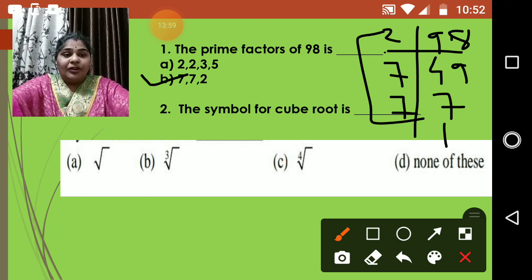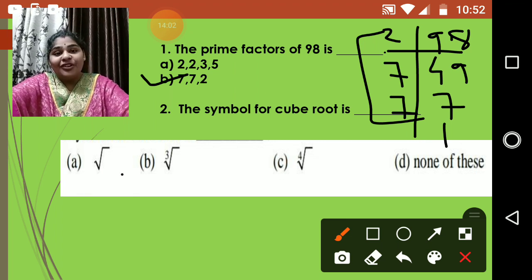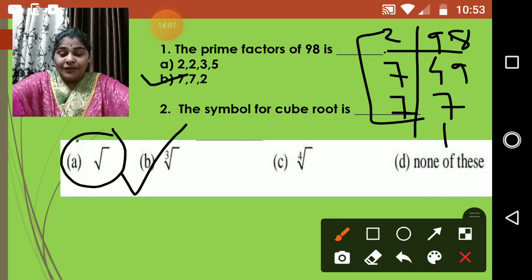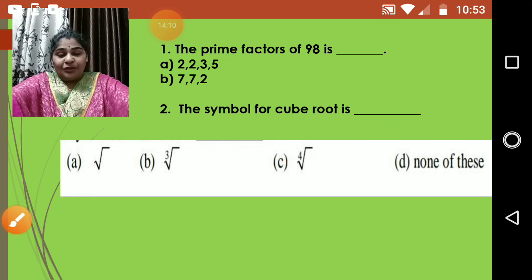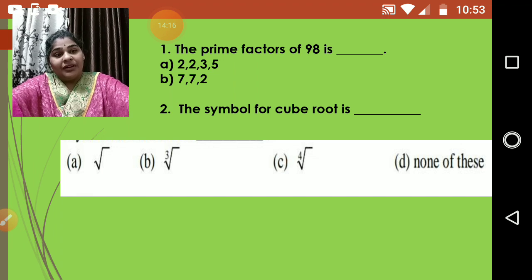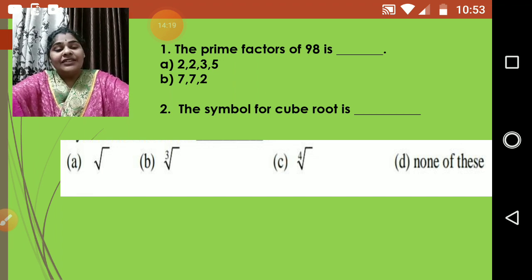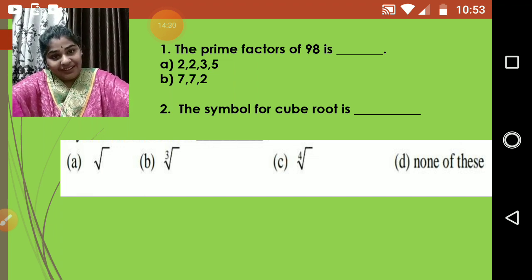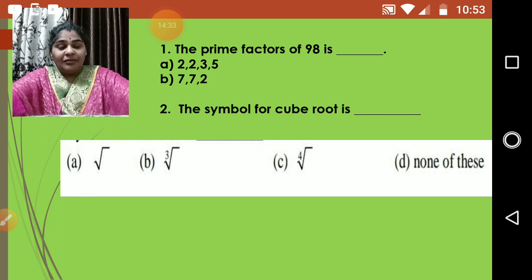Right? The symbol for cube root is, as I have just told you, this, and this one will be the symbol of square root. I hope you understood, children, what type of questions can come. So solving will definitely be there. Solving type of sums will be there in the MCQ as well. So keep a book and a pen ready. You have to definitely solve it and then only select the correct option. So all the topics which I have already told you, study well, thoroughly, whatever topics are being told.